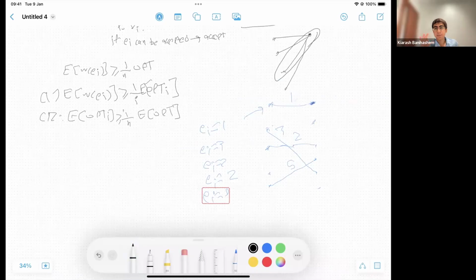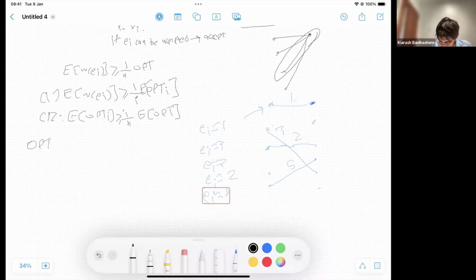So this is saying that the optimum matching at time I has roughly I over n expectation of opt. Intuitively, this makes sense. If the first half of the vertices have arrived, and because it's uniformly random, I expect them to have half of the weight of the optimum matching. Why does this hold? Well, you can always lower bound. Instead of opt I,